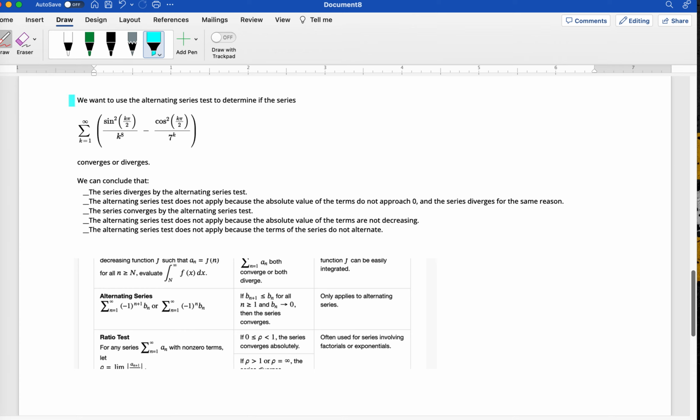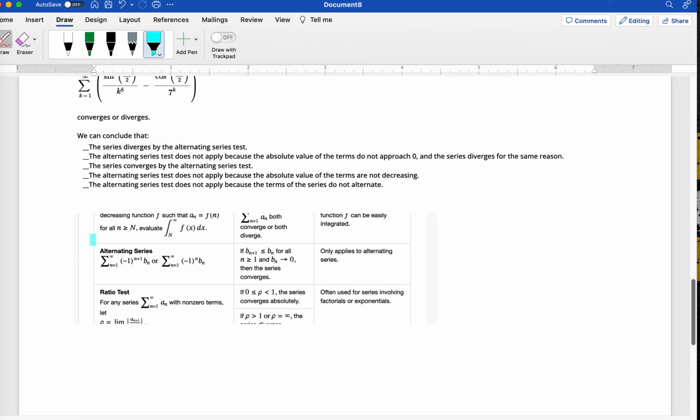All right, so in this example, we want to use the alternating series test to determine if this series converges or diverges. So here's the information about the alternating series test. I took a snapshot out of the book. So if we have an alternating series, if we look at just the part here, the bn, without the negatives,